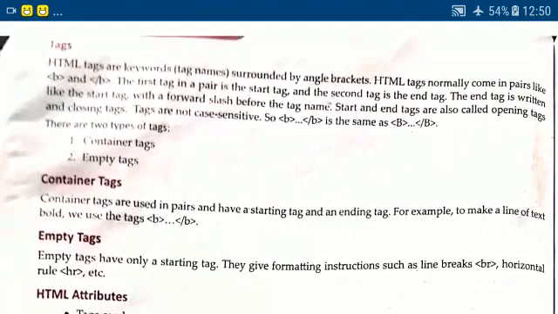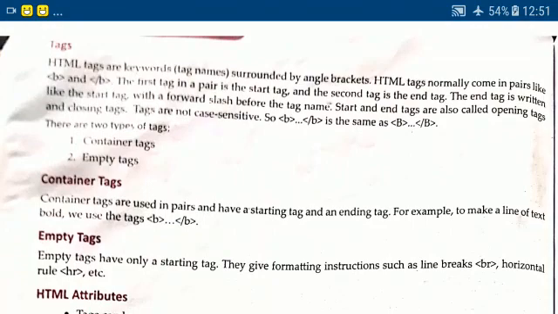This is your start tag, or you can say the opening tag. Inside, you write the line, and then you close the tag with angle bracket /B. This is the end tag. You are writing a slash, both are the same, only the slash is there. So this is a container tag, meaning opening and closing. If both are there, that is your container tag.